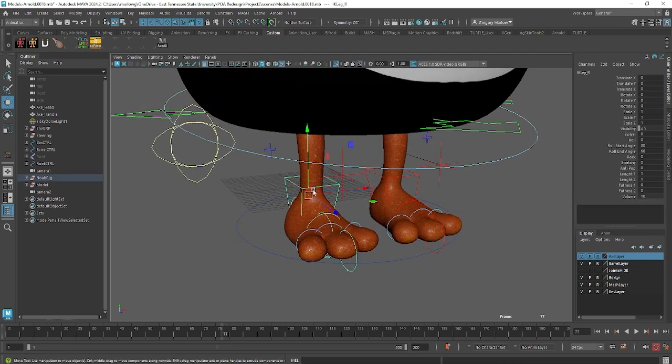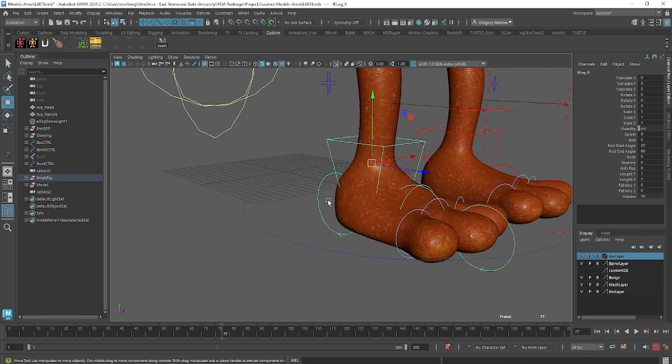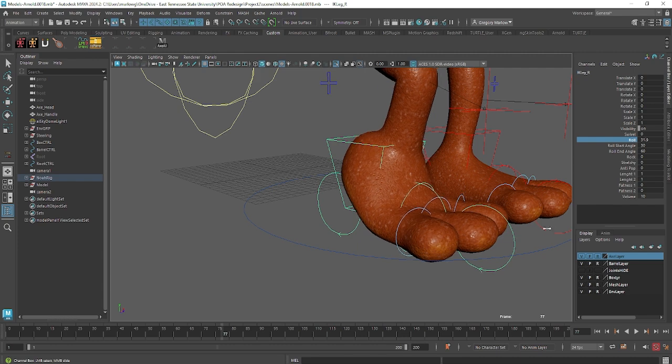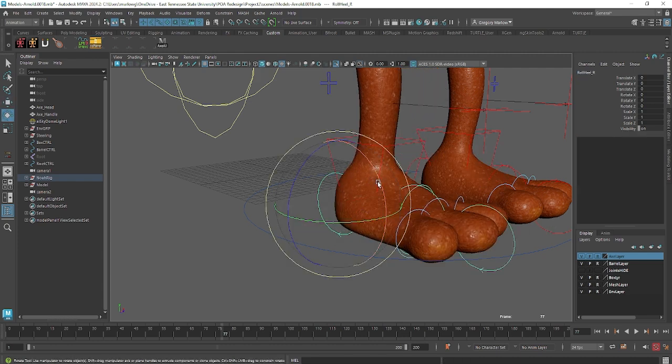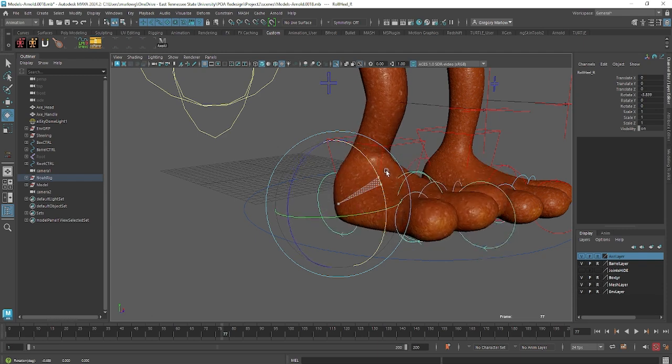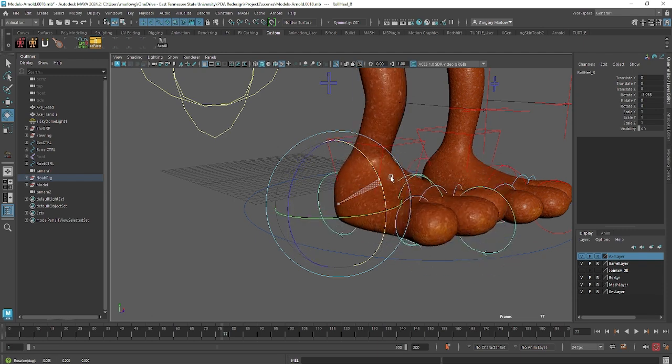So in addition to some of those controls, there's these other controls on the foot as well. And some of them are a little redundant. So this roll option lets you roll your foot forward and back. Well, the back part is what this does as well. And so it allows us to do a little bit of this if you just want your character tapping his